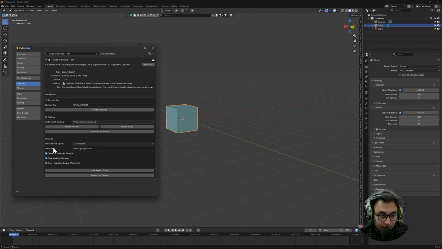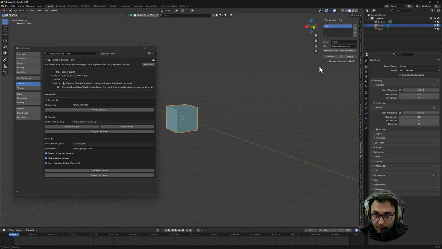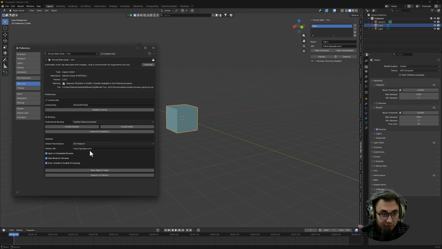Also there is the default panel space. I have selected the 3D viewport, which is here, where you can press N to reveal the side panel. If I click on this, as you can see, I have this dedicated PinWeb Pro panel, and the default URL is google.com, and you can change it here. There are also the open embedded browser, dark mode, auto install enable if missing, the report folder, and support on Patreon. I will save the preferences,